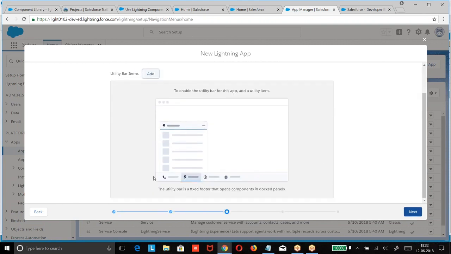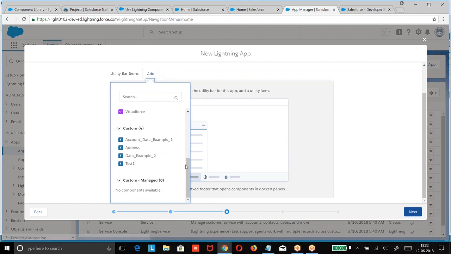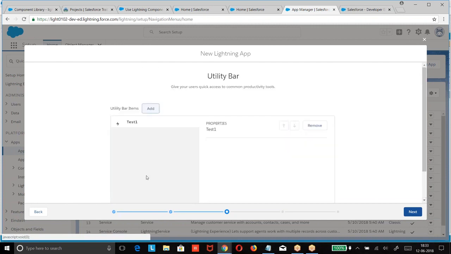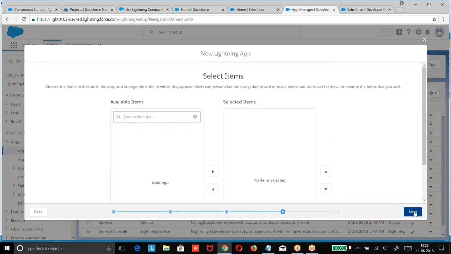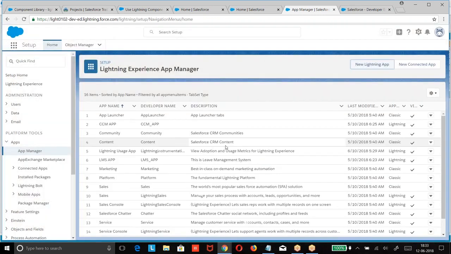Here it is asking you to add utility bars. Utility bars will be at the bottom. Right. We can also add the actions. Fine, we have not included this, no issue. Select the tabs. So one is the global action, other one is utility bar.